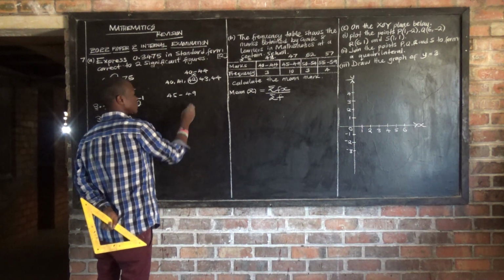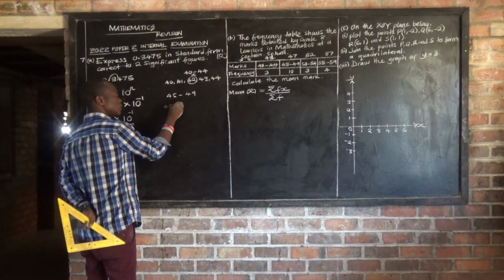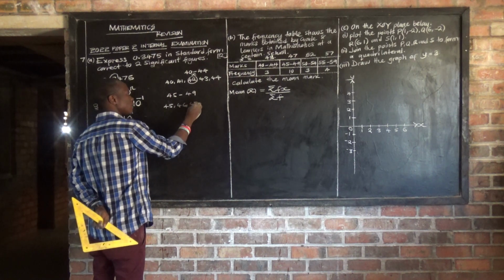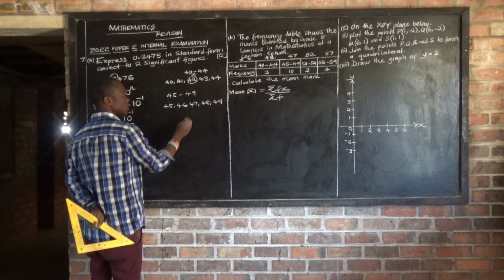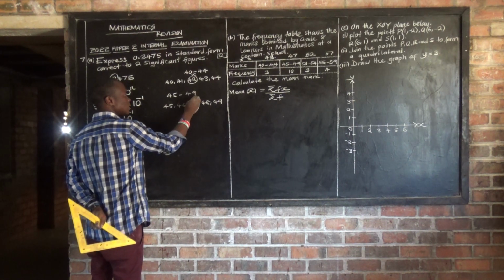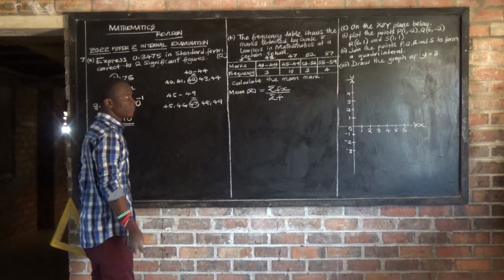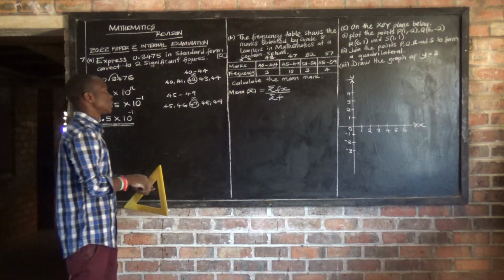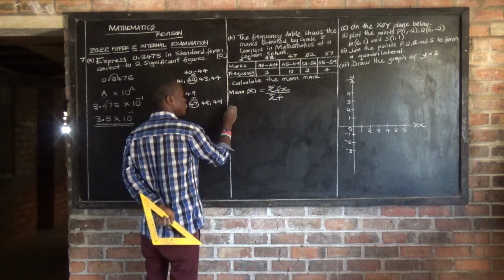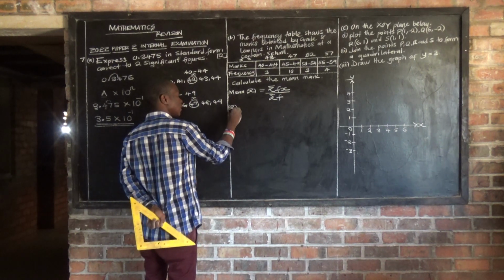Is it 49? So when you count 45, 46, 47, 48, the number which is in between is what? 47. So this is our midpoint. You do the same for 50 to 55. Then you can now proceed and say x bar, which is the mean,